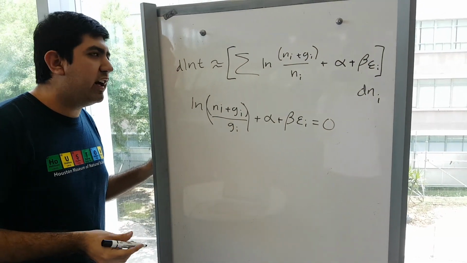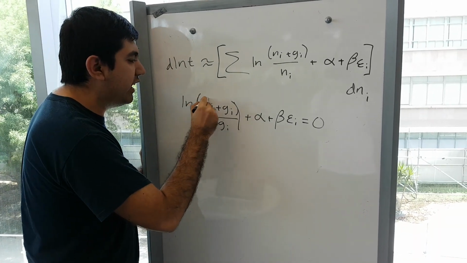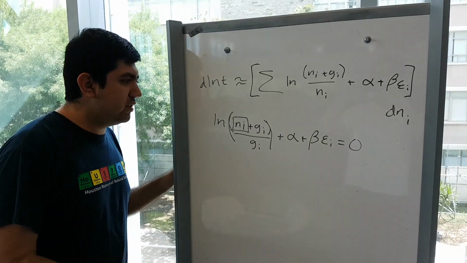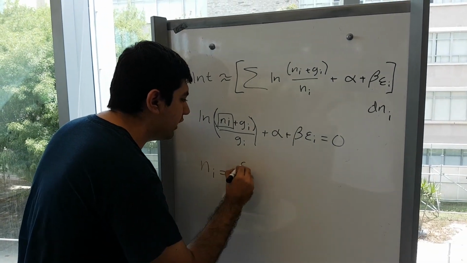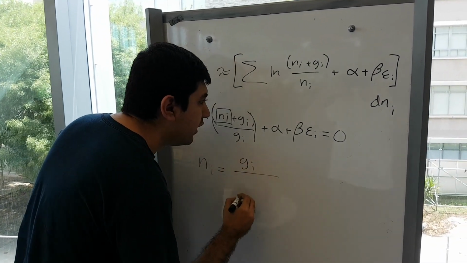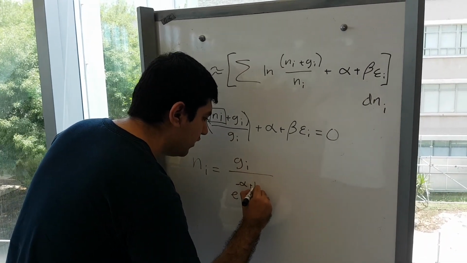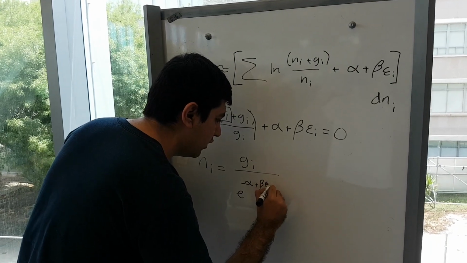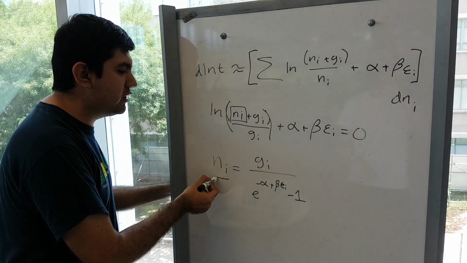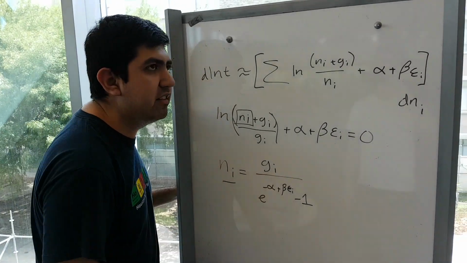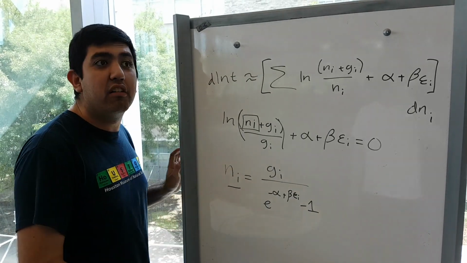And we can figure out exactly what the population is out of this, because all we have to do is isolate Ni from the formula. So solving for Ni, we are going to do the following. We are equating everything in terms of Gi, and the terms on the top are going to go on top of the Euler function, minus 1. What does this mean? That means that our total population is going to depend on the degeneracy stage, also known as the amount of rooms that you can have in order to allocate all of our atoms.